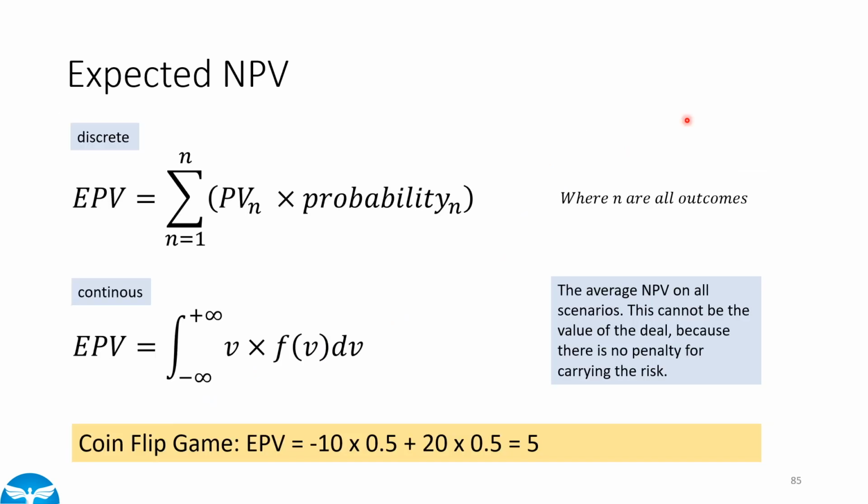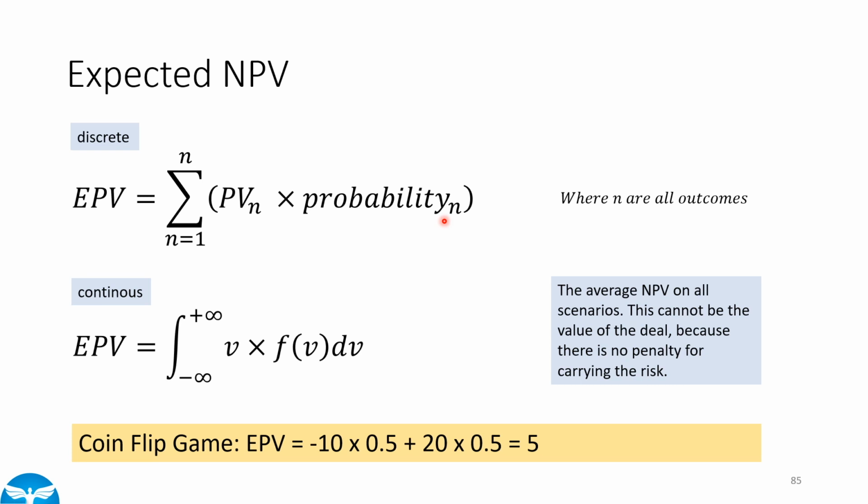Now, if we want to look at performance and risk measures, the first thing we should look at is the expected net present value, and that is the average of all the outcomes, or the mean of the distribution. And in the case of the coin flip, which is a discrete event where we have a countable number of outcomes with assigned probabilities, it would be this formula here, where you have the sum over all the outcomes for the different scenarios multiplied by the probability that that scenario will occur, and then you just sum it up, and that gives you the average